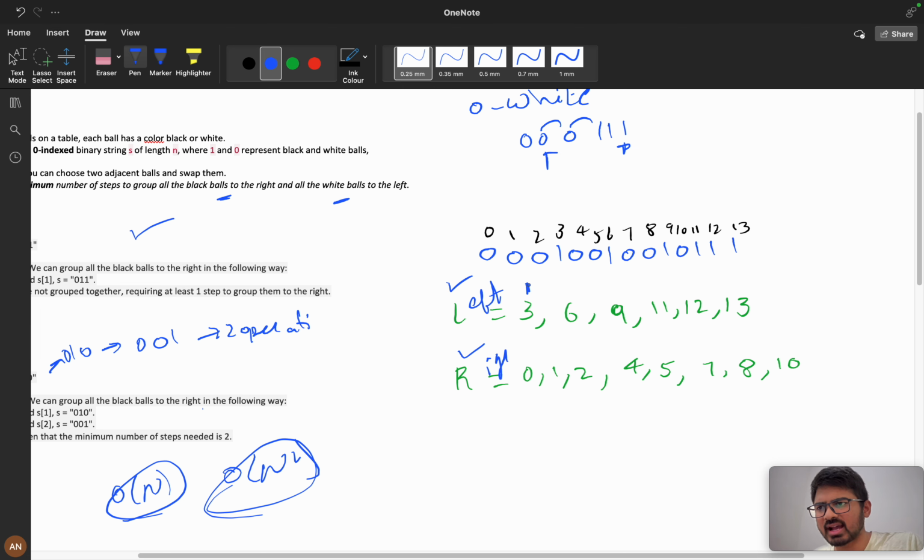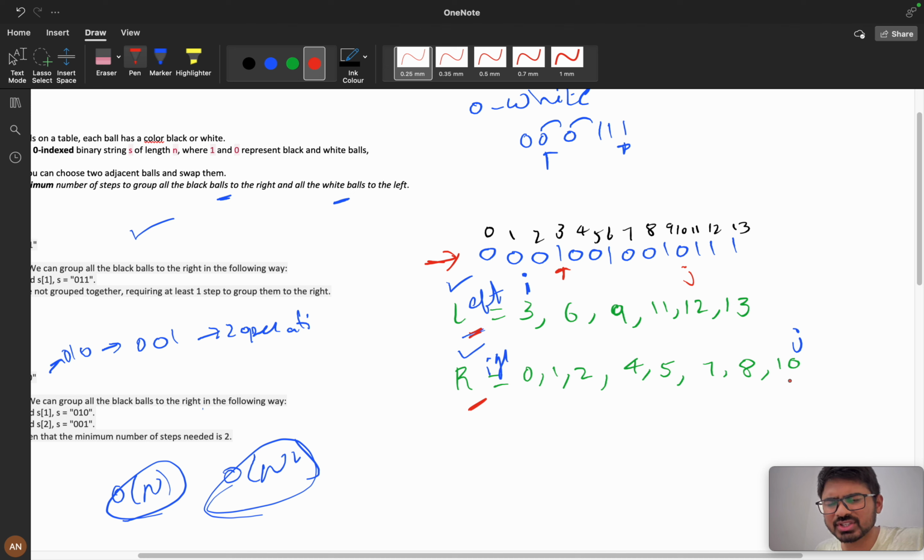I will start from the left, from 0. J will start from the end. So we have this array. Starting, my I is at this position and my J is at this position. In my left array we have ones. In my right array we have zeros. Now if you observe carefully,